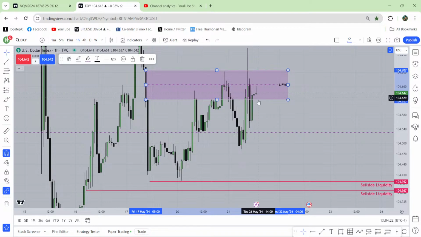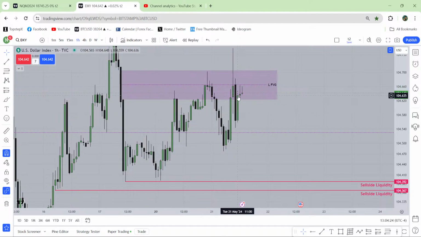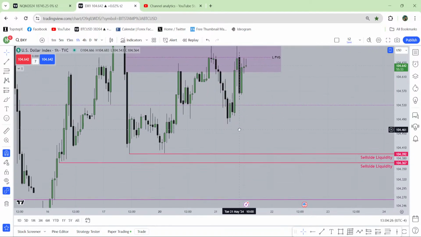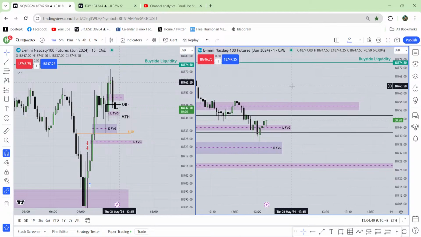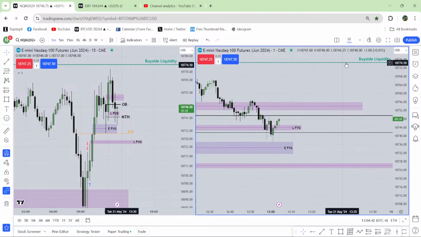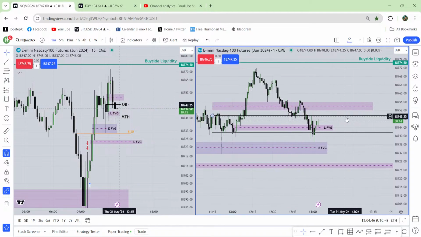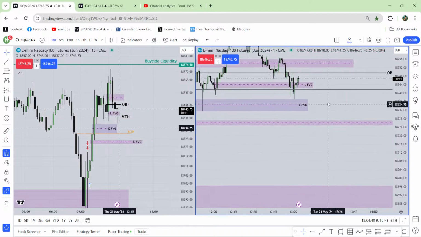Traded over there. So far, it's a bearish movement, and I have this sell side liquidity from yesterday. This low and that low, they are relatively equal lows. That is my target. I'm expecting that dollar will go for that sell side liquidity. As dollar is bearish, it should keep going lower. All I need is a market structure shift toward that buy side liquidity. If I get it, I'll go for buy. If I don't get it, I'm not doing anything.